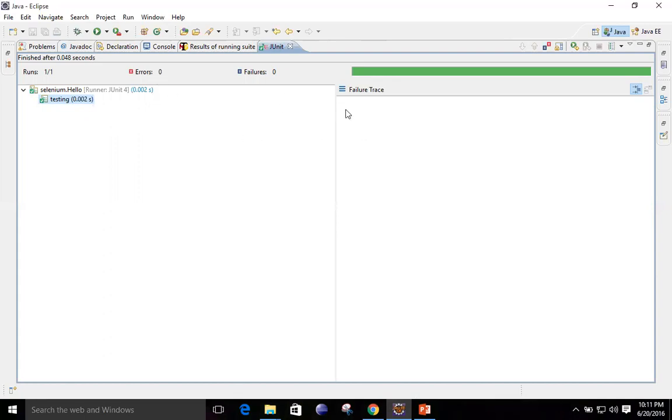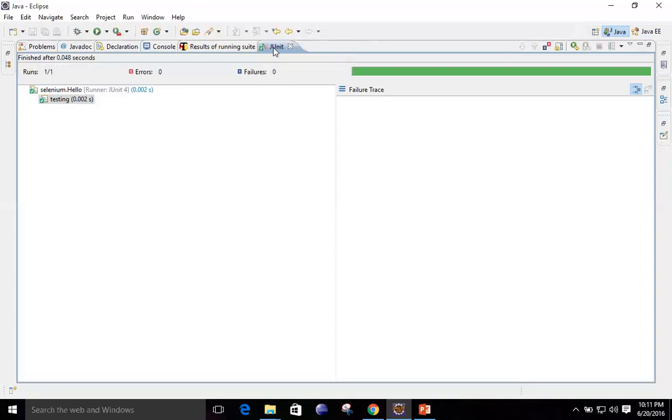Now you can see in this failure trace, is there any option or anything present over here? No. Why? Because there is no reason for failure, because we have already passed the test. We don't have a failed test. So if we are going to work on the concept of testing, this is the output result which people will demand. These are the testing reports that are going to be generated by the JUnit.